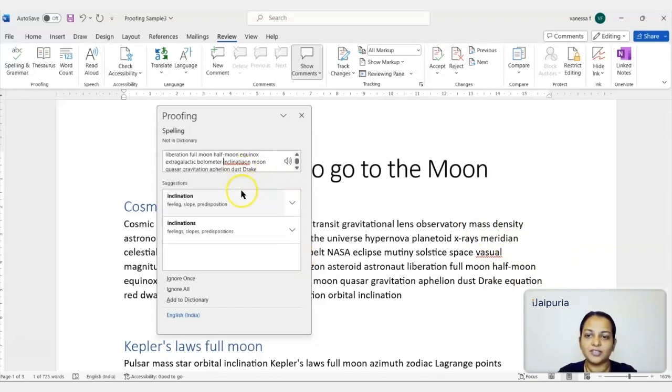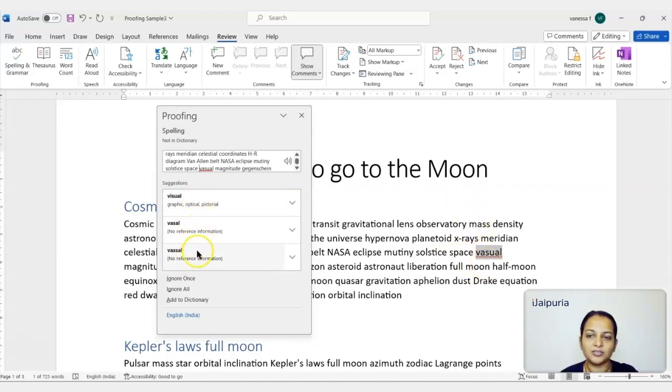Further to this, I have another word here, that is inclination. Here I am also getting the suggestions and the thesaurus for the particular word. The meaning remains the same, but it gives other words within it. So it gives me an idea of what this word would suggest. So that is why I can see that inclination is there. I'll just select it. Even this particular word, it's supposed to be visual.